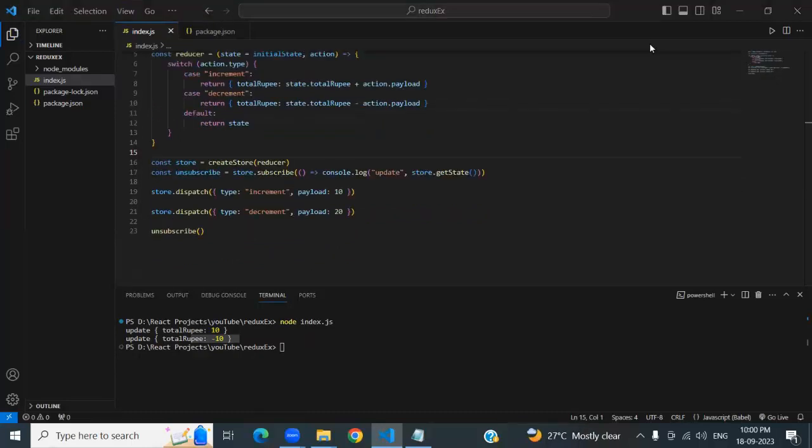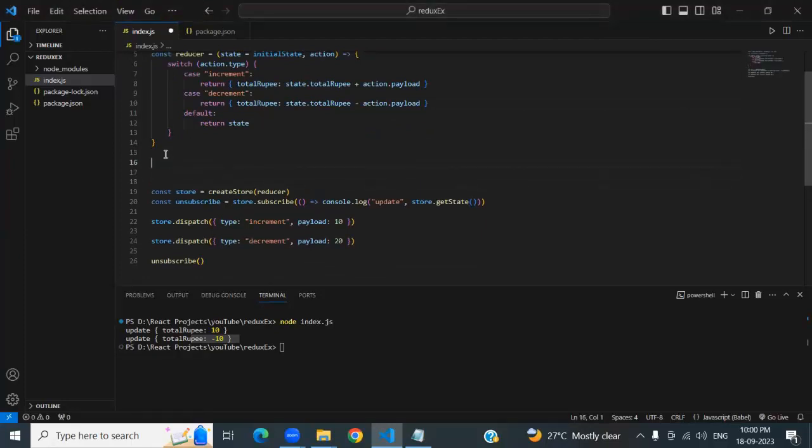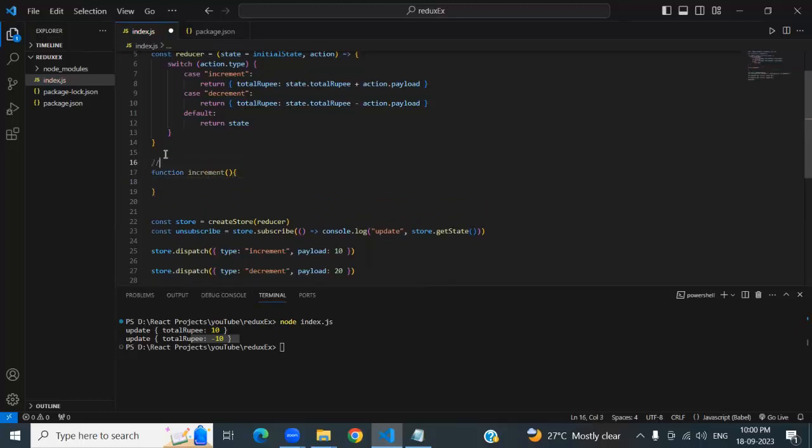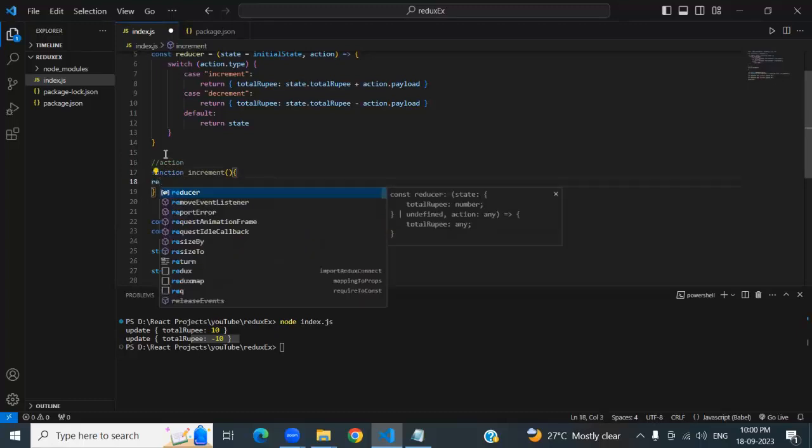So let's use actions in function format. For that, we'll create a normal function, like we want increment, so I'm making a function increment, right? And this will be your action, so I'm just writing here action. It'll return this,